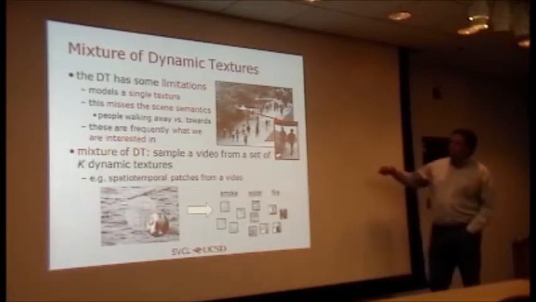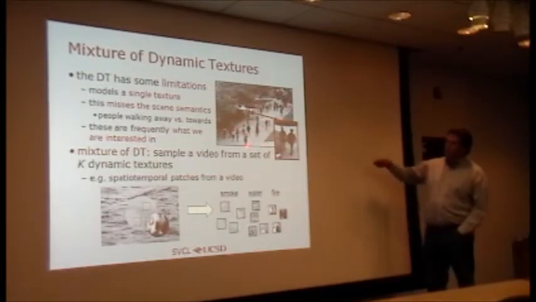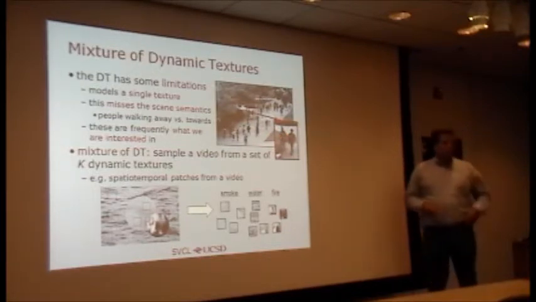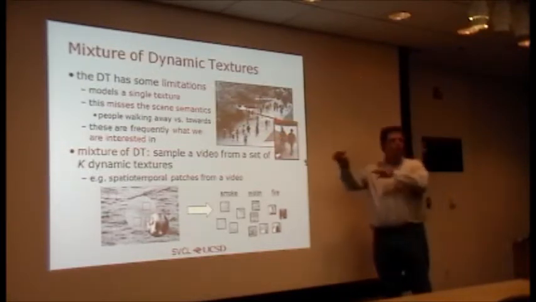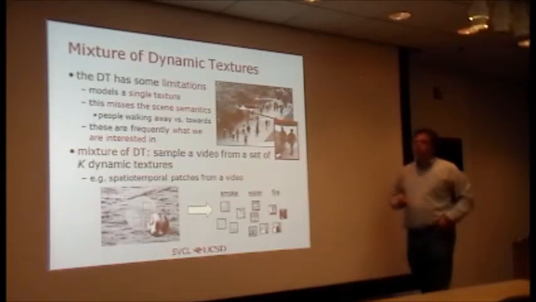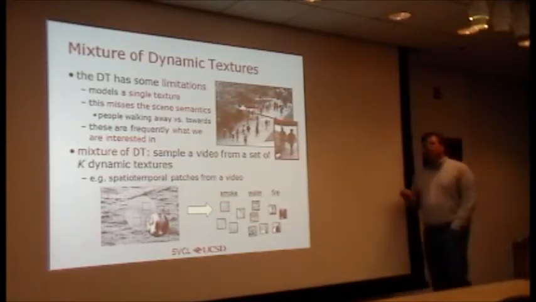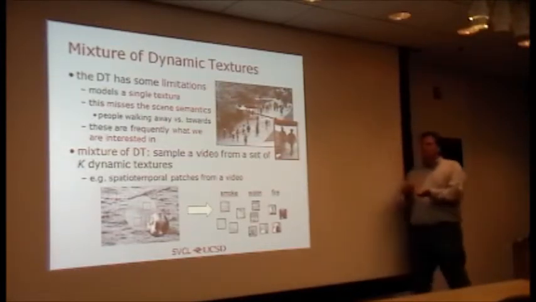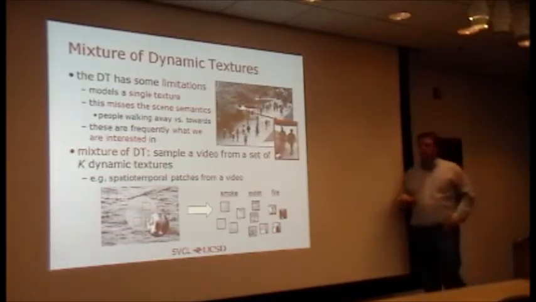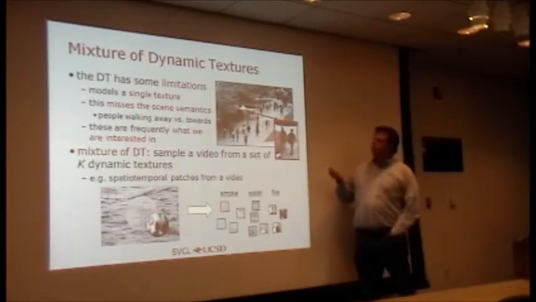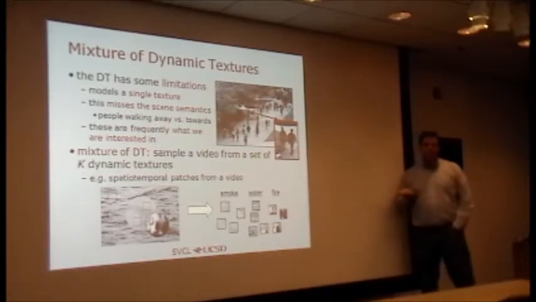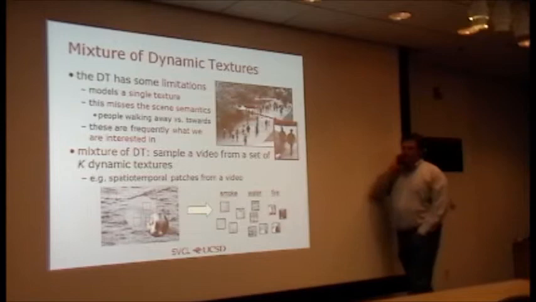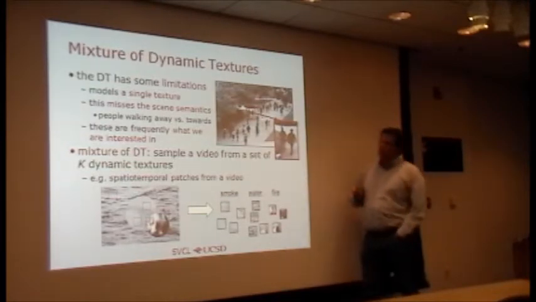For example, if you look at this video of pedestrians moving on this walkway, some people are going away from the camera, and some people are coming towards the camera. So what you really have is two components, two different flows. What's more important is that the semantics of the scene are tightly connected to those flows. The fact that there are two different flows is really important if, say, we want to figure out how many people are going away versus how many people are coming this way. From that model, that gets hard to figure out.